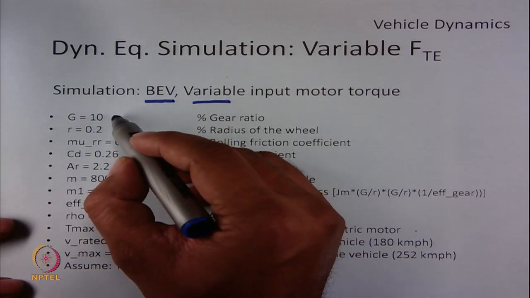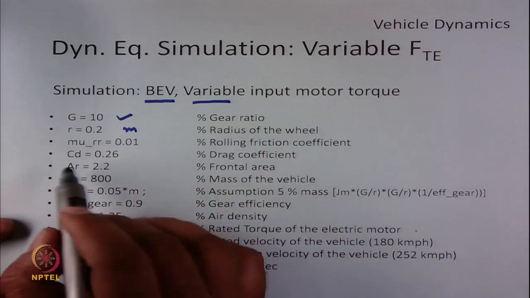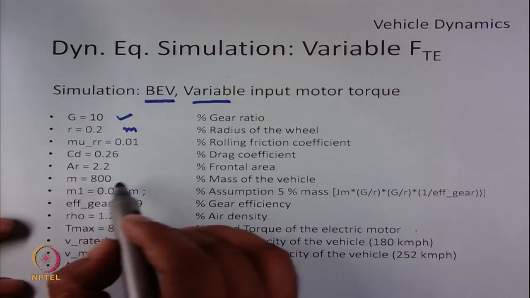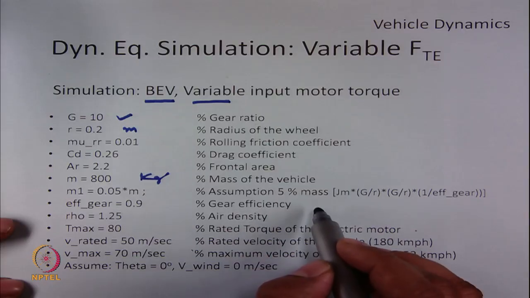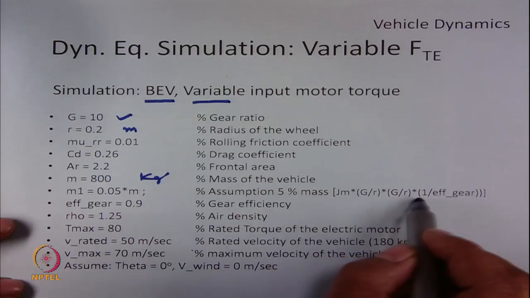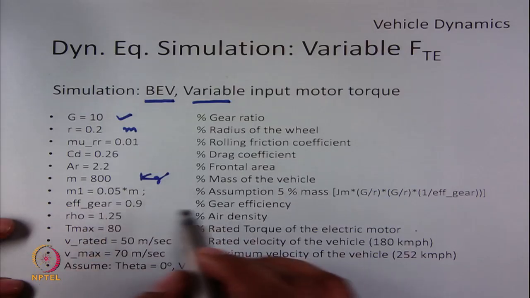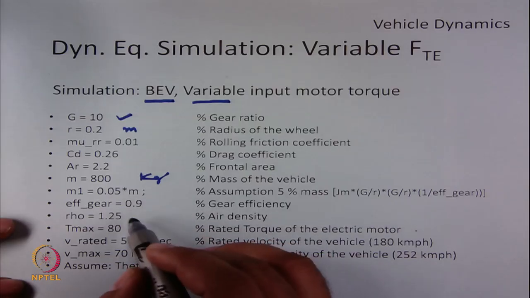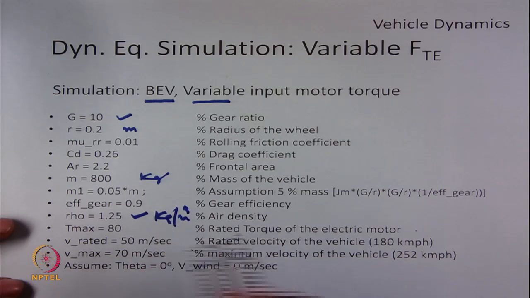Gear ratio let us take as 10, radius 0.2 meters, mu RR 0.01, drag coefficient 0.26, frontal area of 2.2 meter square, mass of 800 kgs, and similar to the last approximation, let us take the mass equivalent to the inertial force as 5% of this mass, so it is 0.05 m. Efficiency of the gear is 0.9, rho is 1.25 kg per meter cube, T max let us take as 80